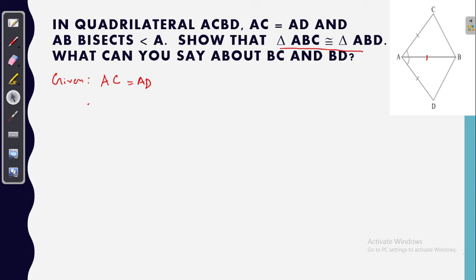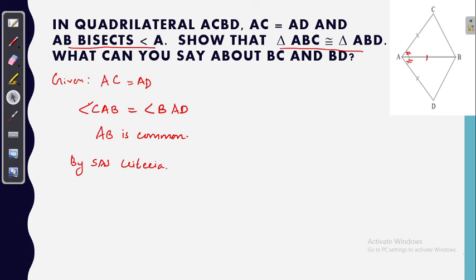Yes, so angle A is bisected by AB. Here we are given that AB bisects angle A. So, what can we write from that? Angle CAB is equal to angle BAD, ma'am. Yes, angle CAB is equal to angle BAD. So by SAS criteria, we can say that they are congruent. The two triangles are congruent, ma'am. Yes, by SAS criteria. As they are congruent, BC and BD are equal, ma'am. They are the corresponding parts. Yes, good. So, is that clear for all children?